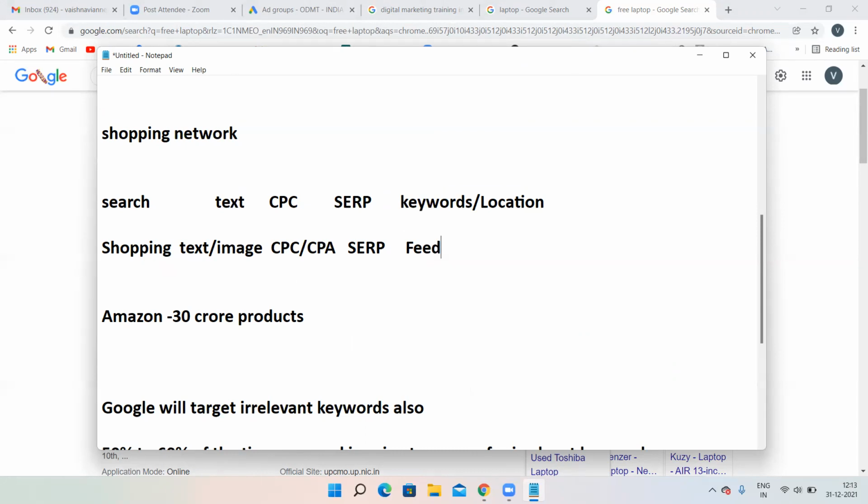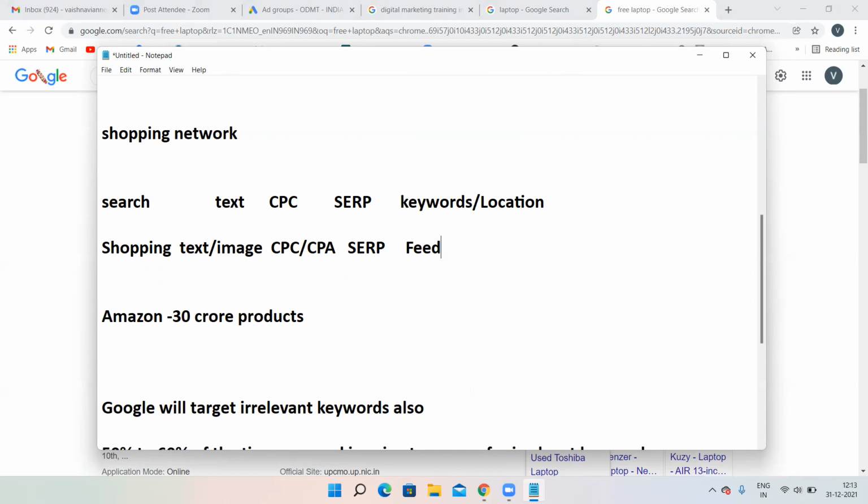What is a feed? You'll learn exactly what a feed is in the next class. But a feed is nothing but, you'll be having products in your website, right? All the e-commerce products, whatever you want to sell, you will be having in your website. For now, just assume that those product details are what is known as a feed. So all the feed, that means all the product details, you have to give to Google.